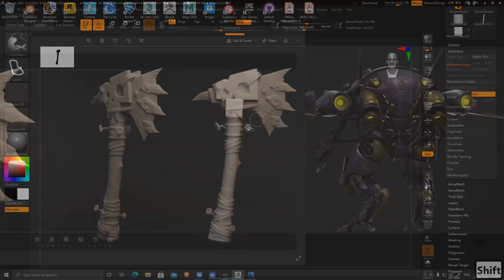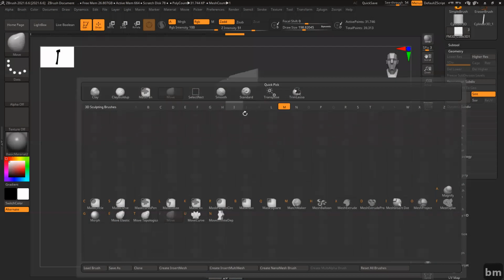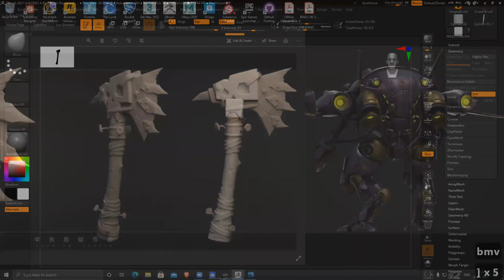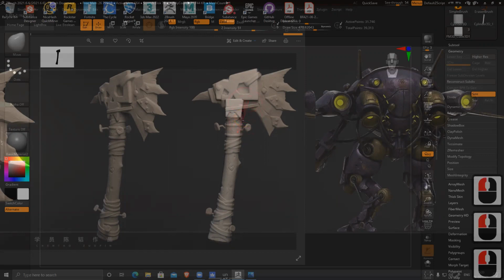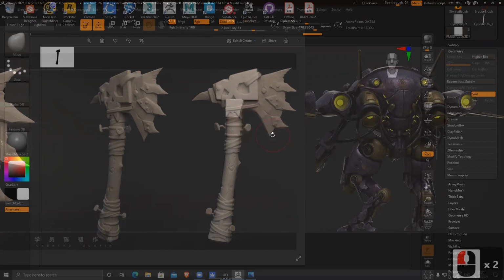Control Shift. So before that, B M V, I'll use the move brush and push this surface slightly inside. So I'll match this thing, or if I want, I can just simply cut this also.